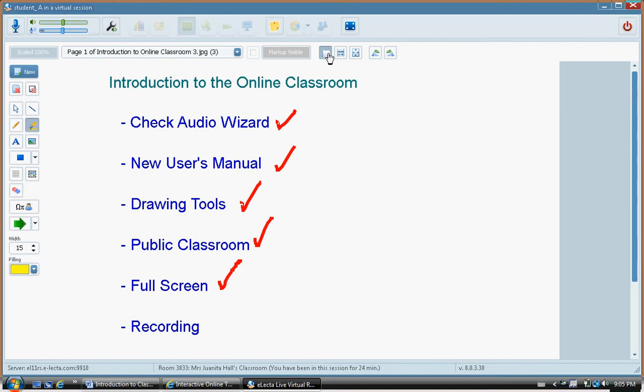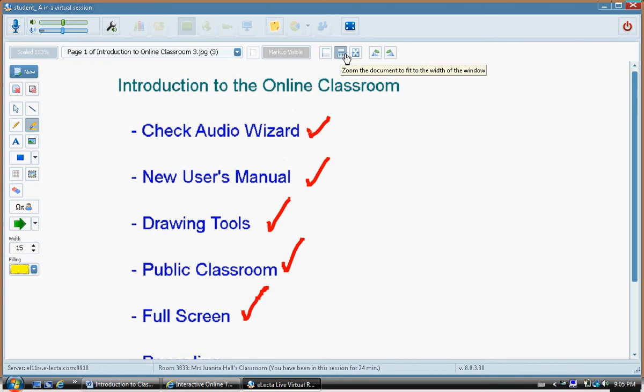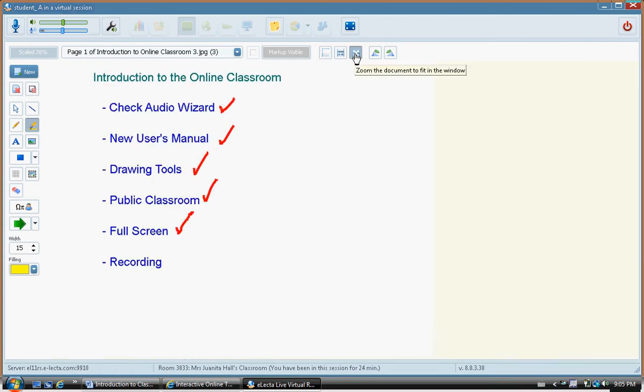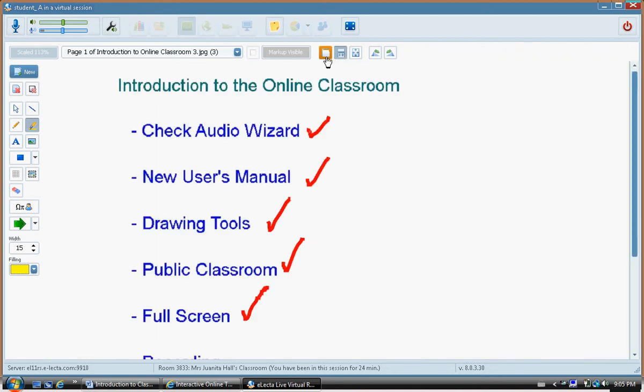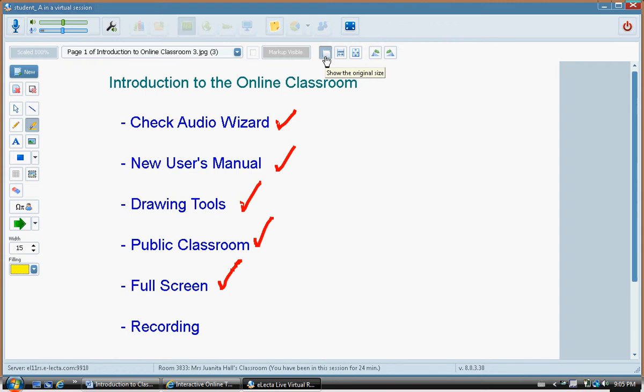So I'm just going to show you how these work. If you click on the first one, it shows the original size of this particular file that's showing on the screen, and that's the one where we are now. Notice what happens when I click on the second. It gets larger. And here it gets to be a different size too, because sometimes some files, when you are looking at them, might seem really large and you need to make them a bit smaller. So these are the zooming tools, and you just try them out and choose the one that gives you the